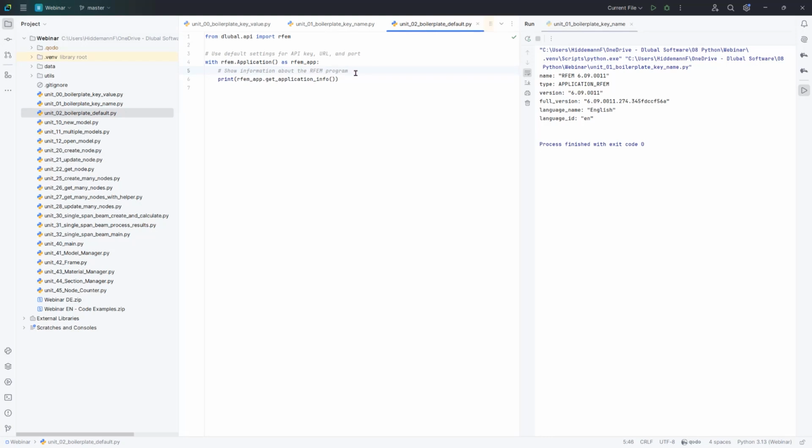And you can see I also removed the localhost and the port information, so everything is running now with the default values for application. This is really a small and easy boilerplate. You just need these two lines here, the import statement and the with statement, to get a ready-to-use connection to RFEM. And what happens now is that if you run with default settings,